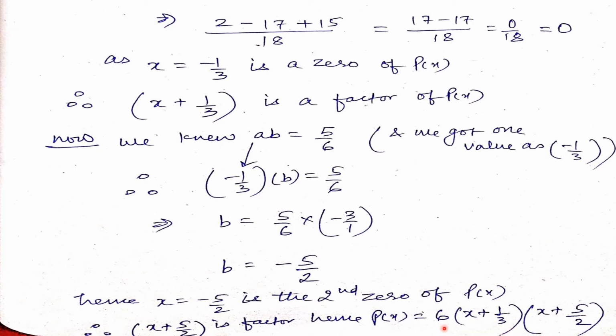Now you must be thinking, sir, the answer you got by middle term splitting is different from this one. No. In that answer, if you take 6 common, you will get the same thing again. Okay. You can try on your own. They both are equal. I hope you got this. In case not, it is a little bit complex, I know. Either you see it again or see the next two questions and it will be clear straight away. Let's see the next example.